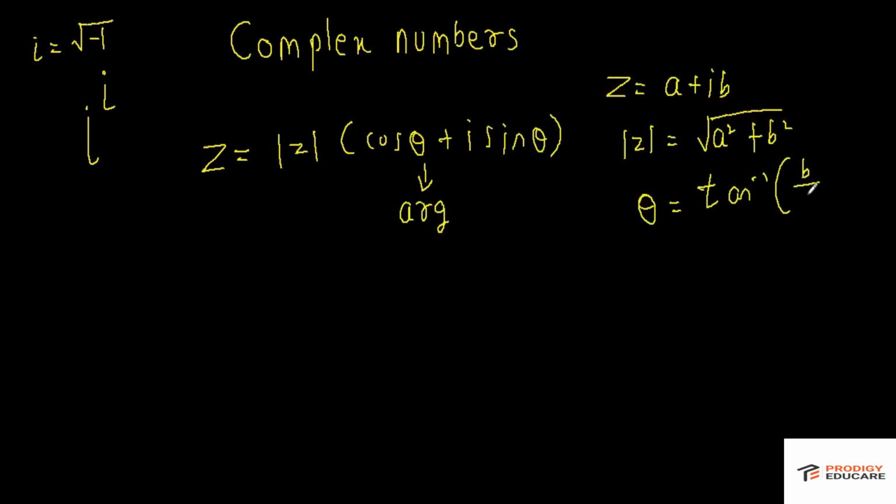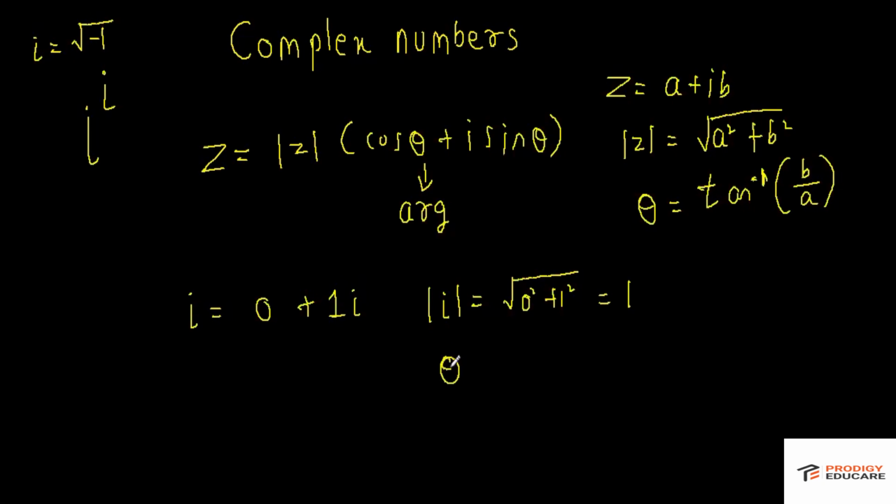Now this is not the exact formula of argument. Some more 2-3 steps also should be done, but for now we won't be discussing that. So we'll apply this first and convert i into its polar form. So i can be written as 0 plus 1 times i. So modulus of i is under root of 0 square plus 1 square, which is 1.